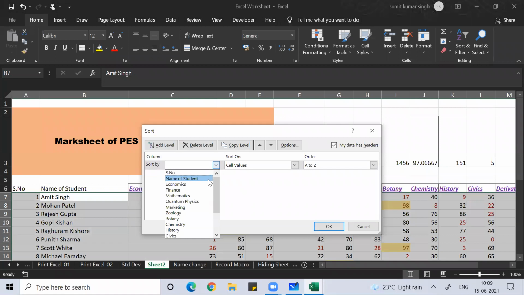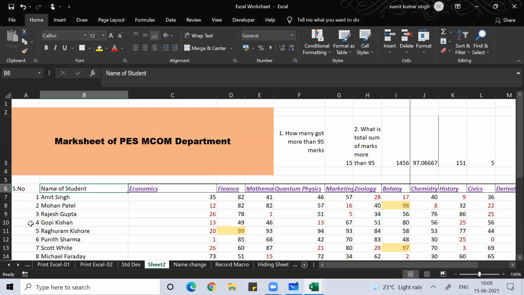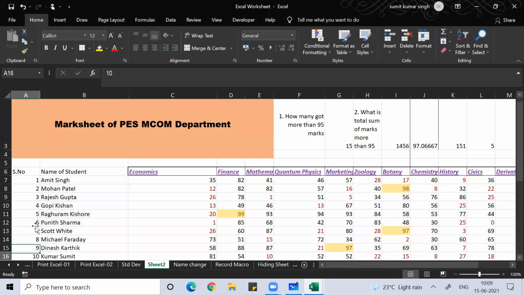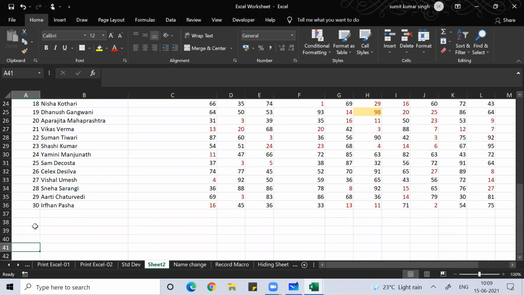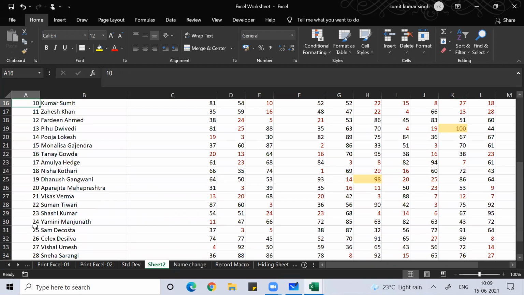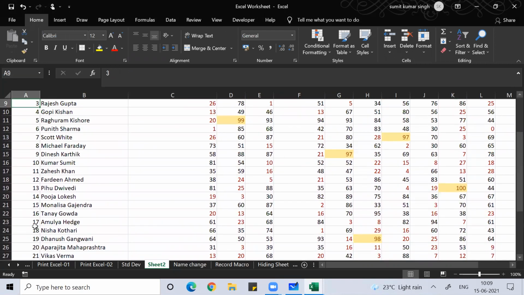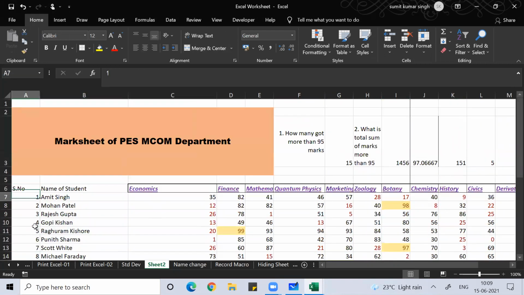Sort by serial number or student name, you can do anything. I press OK, and it will get sorted by that. It got sorted by this. You see the border is not proper.